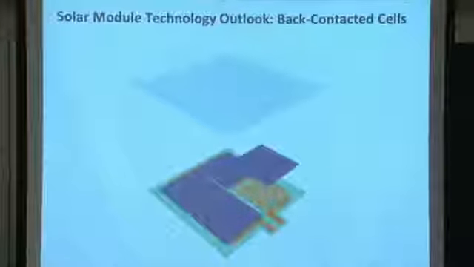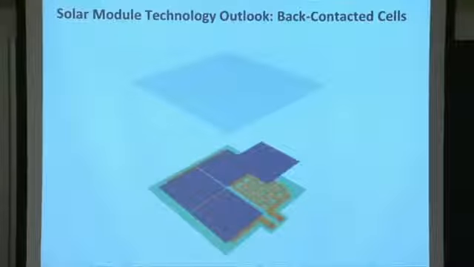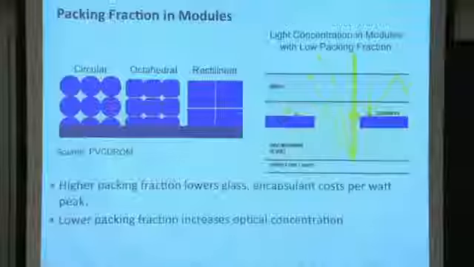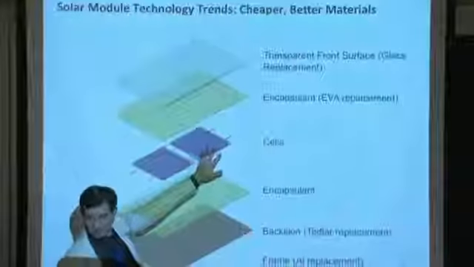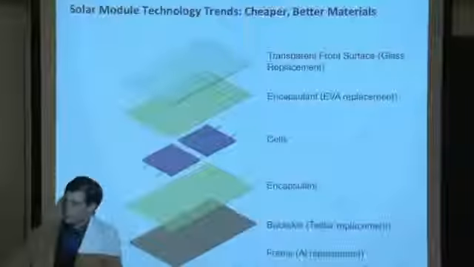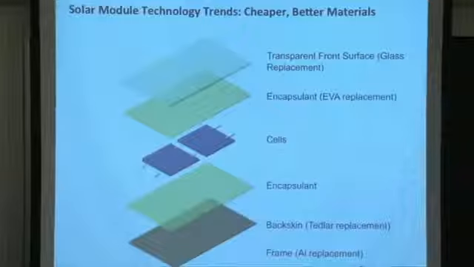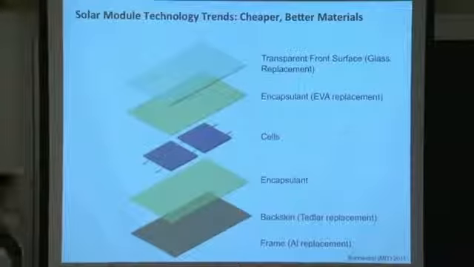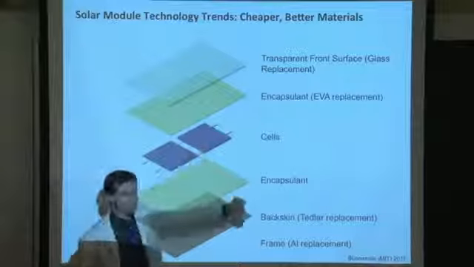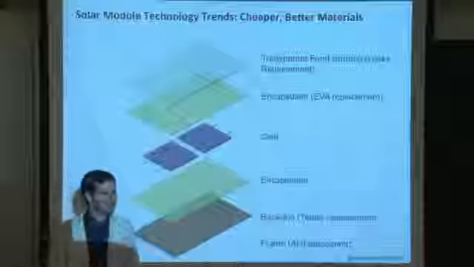In module technology, there's some work going into replacing the tabbing and stringing step. This is a machine that tabs and strings the cells to one another. We'll see one at Fraunhofer. It's really impressive when you see it go, but it's also quite expensive. And so if you could get rid of the tabbing and stringing, imagine just lining up the little cells like cookies